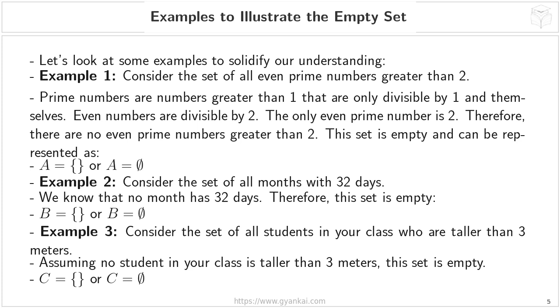So, in each of these examples, we identified a specific criteria and then determined that no objects meet that criteria. That's how we find an empty set. Remember, it's not a set of nothing, it's a set that has nothing in it. This is an important distinction. We'll recap all of this on the next slide and also address some common mistakes students make when dealing with